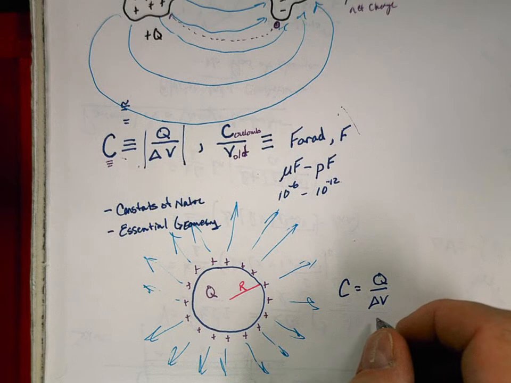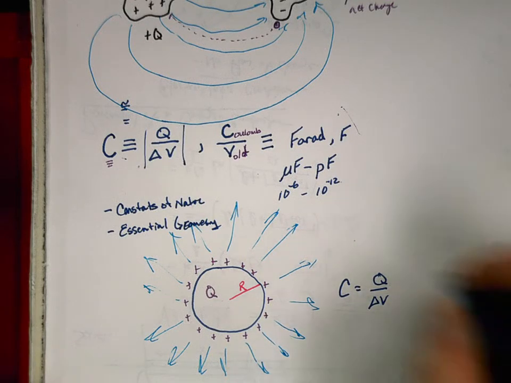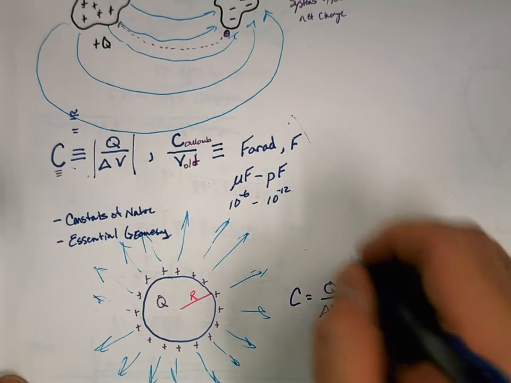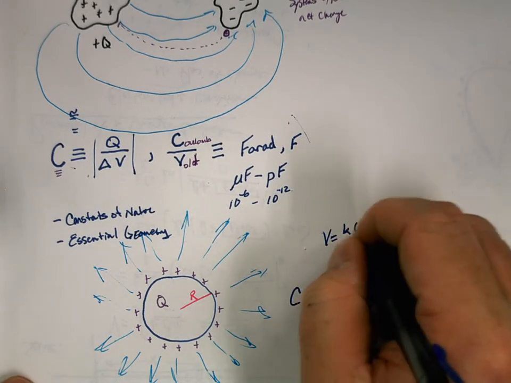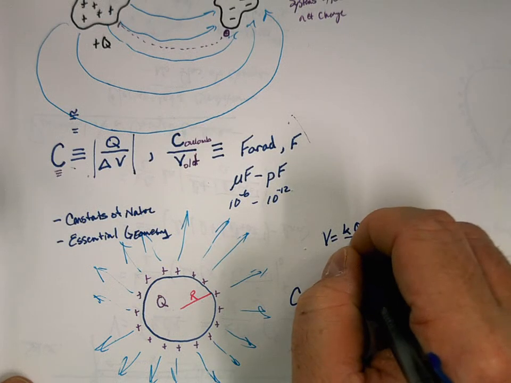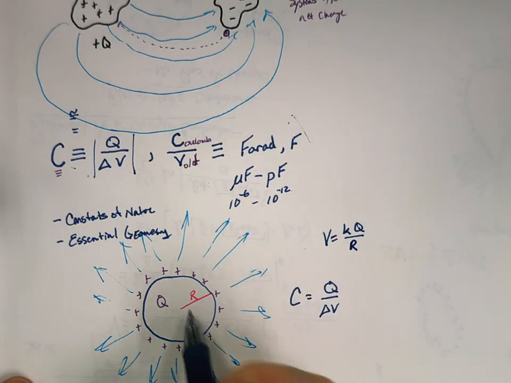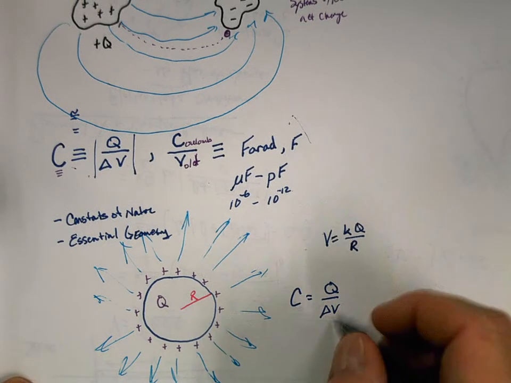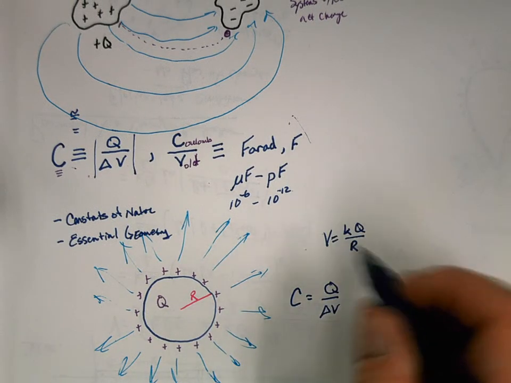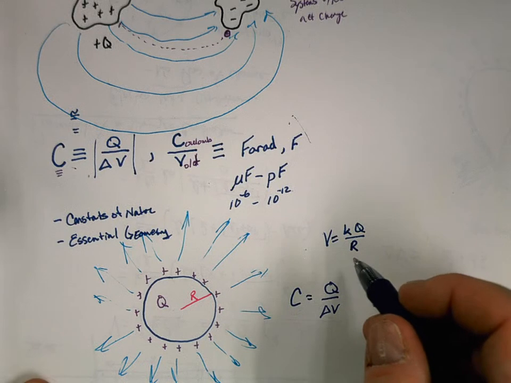It's just V. But what our V equals, so let me move this, our V equals KQ over R, right, because that's the radius of our sphere. So the potential right here on the surface is KQ over R. So our V then, if we take it from infinity, is KQ over R,